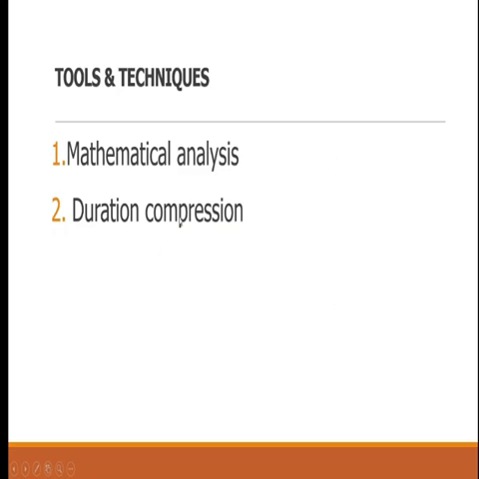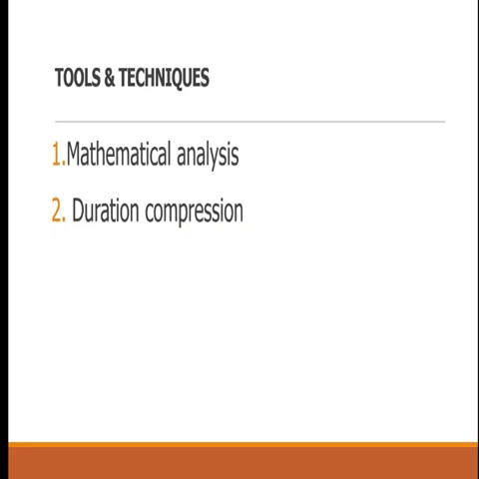Second one is called duration compression. What's duration compression? How do you reduce the time of your project? In case a project is 5 days and the client says, please, I want it in 3 days. They have changed the date. Can you supply me the souvenir within 3 days? What do? Right. Do 2 things. 1, use crashing. 2, use fast tracking.